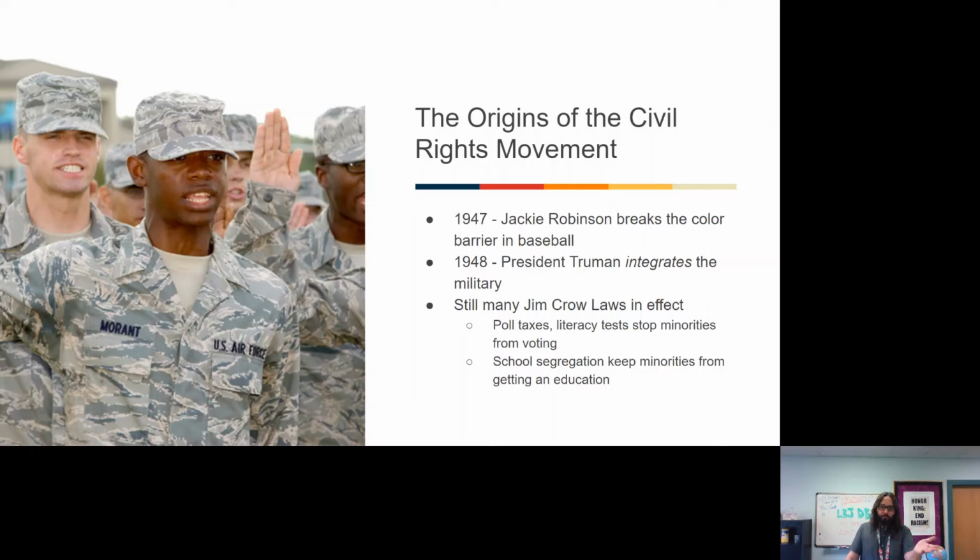So, fast forwarding a little bit in time, 1947, Jackie Robinson breaks the color barrier in baseball. We'll talk more about that in a couple of days, actually. 1948, the next year, President Truman integrates the military. No more separate black units and white units. Integration. And that becomes a huge, huge thing, because imagine going to war and you're put in a unit with